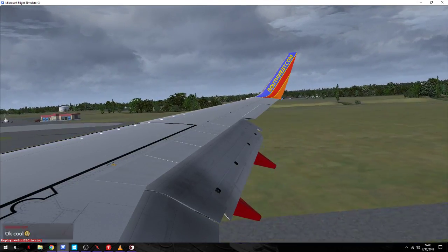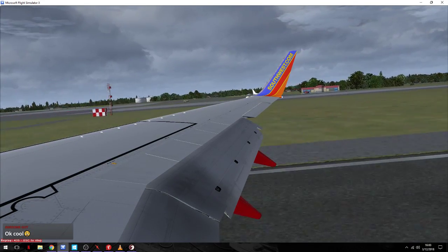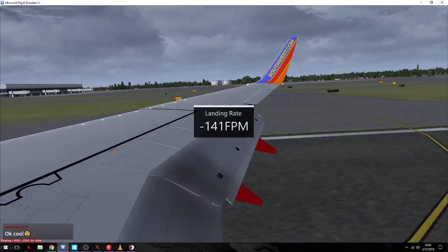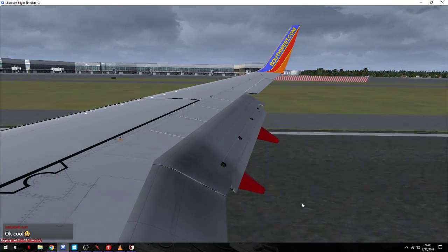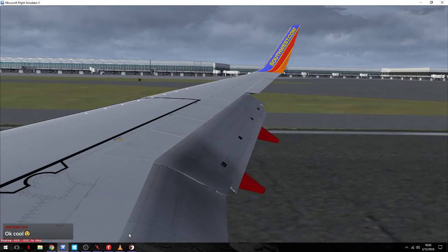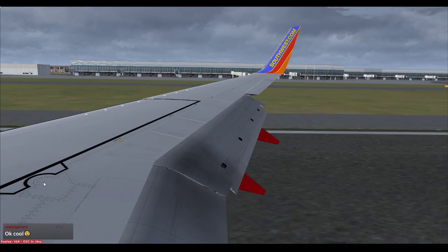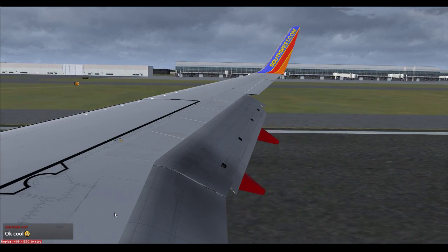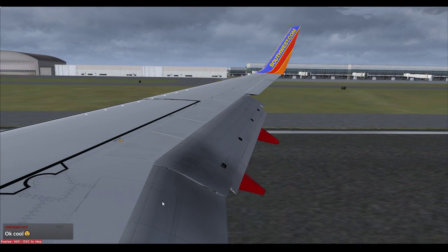Here, maybe this will prove it. It should pop up now. Yay. Oops. Yeah, I meant to click that on when I initially landed, but I guess I didn't click it in the exact right spot. So anyway,